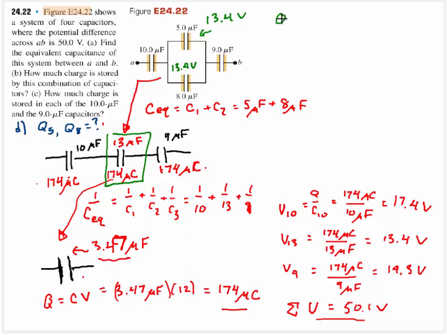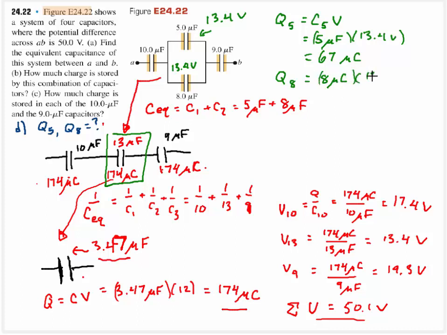So what we can now do is calculate the charge that's going to be on the 5 microfarad capacitor. That's going to be the capacitance multiplied by the voltage drop across that guy. So that's going to be 5 microfarads multiplied by my 13.4 volts, and I'm going to come up with 67 microcoulombs. The charge that's going to be on the 8 microfarad capacitor is going to be my 8 microfarads multiplied by my 13.4 volts, and I'm going to come up with